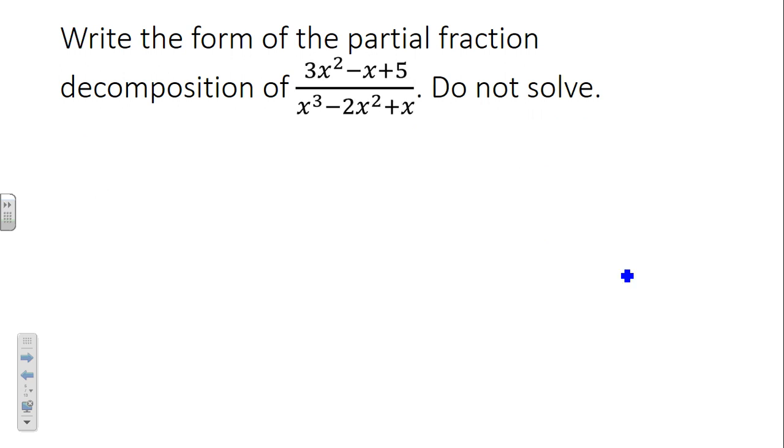We're not solving these yet. Okay, well, they'll be coming. So now we have 3x squared minus x plus 5 over x cubed minus 2x squared plus x. Okay, so we've got to have one of everything. So what is our greatest common factor of this cubic? x times x squared minus 2x plus 1, which can further factor into,